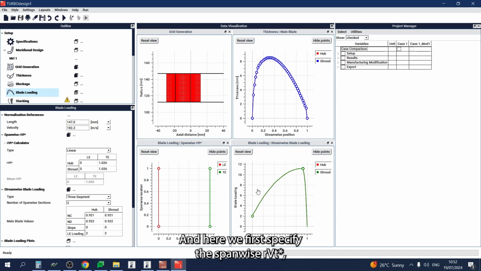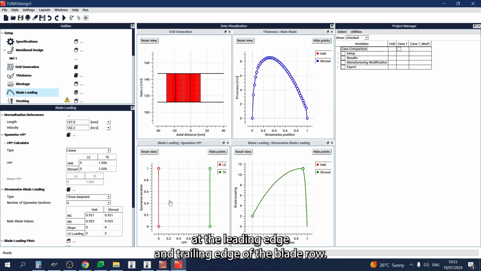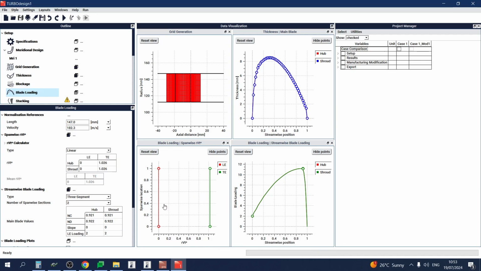And here we first specify the span-wise RVT star, which is the swirl distribution from hub to tip. So here 0 span-wise location is the hub and 1 is the tip, and we are imposing the span-wise swirl distribution at the leading edge and trailing edge of the blade row, and the distribution is free vortex, and so there is 0 swirl at the inlet, meaning a purely axial flow,